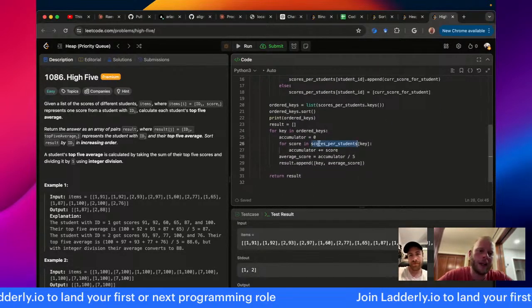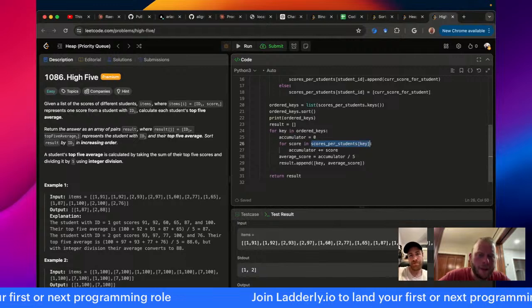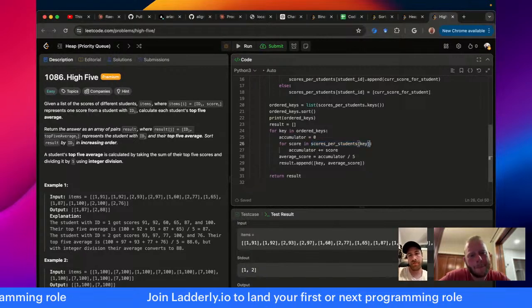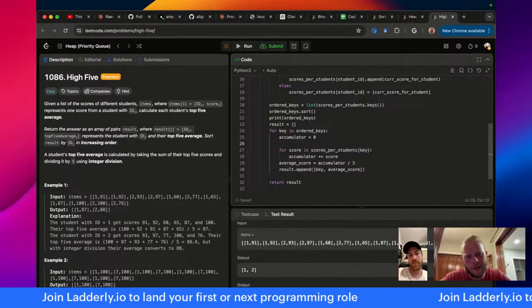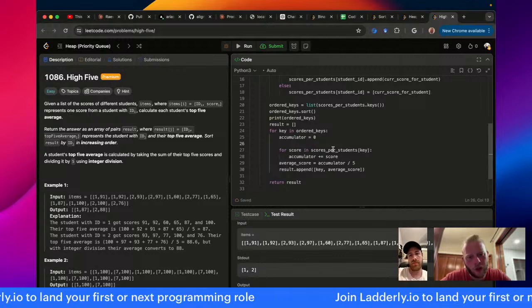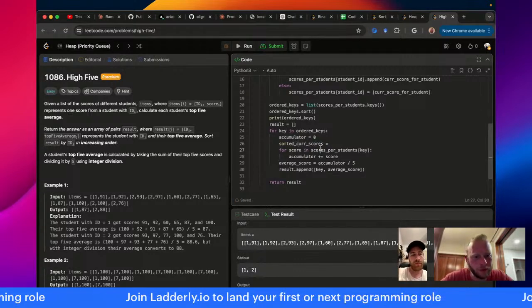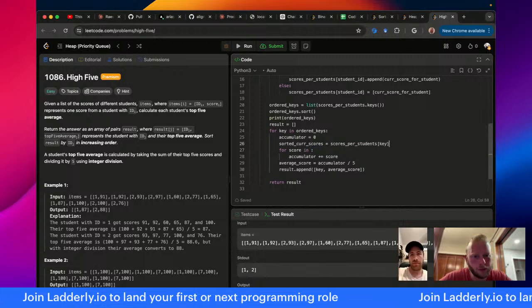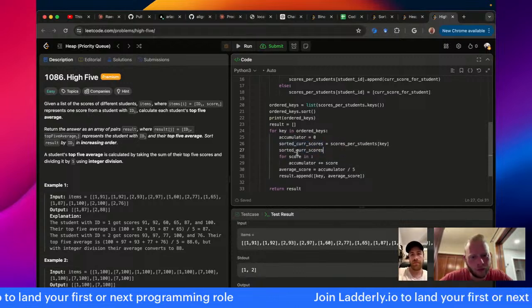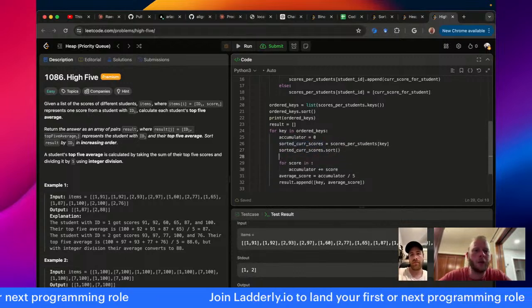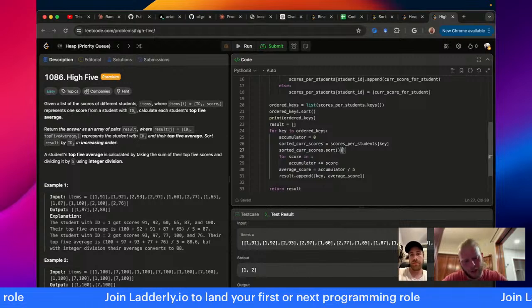But anyway, so here's my scores per student. I grab the key, and I have to sort this. So I'll call this sorted per scores. And then I want to grab 5. Let's see.